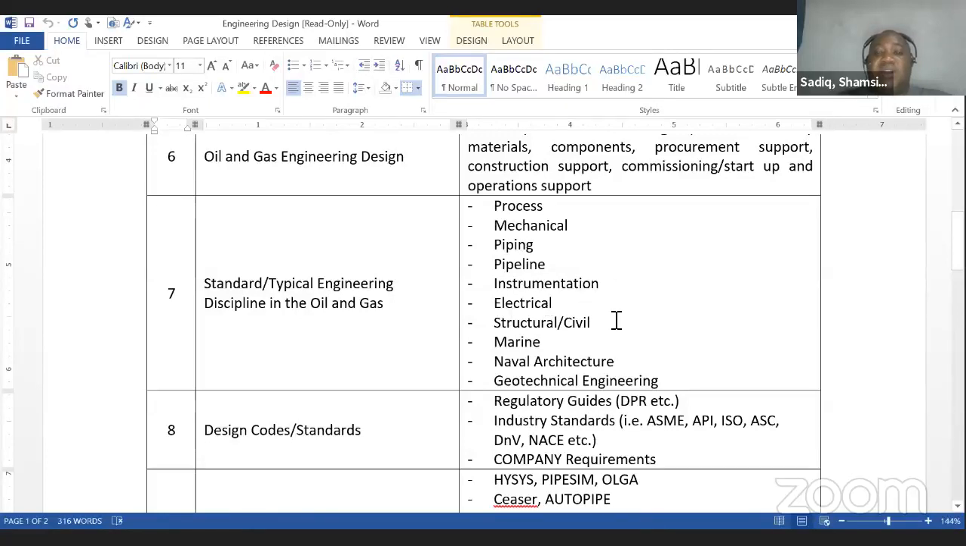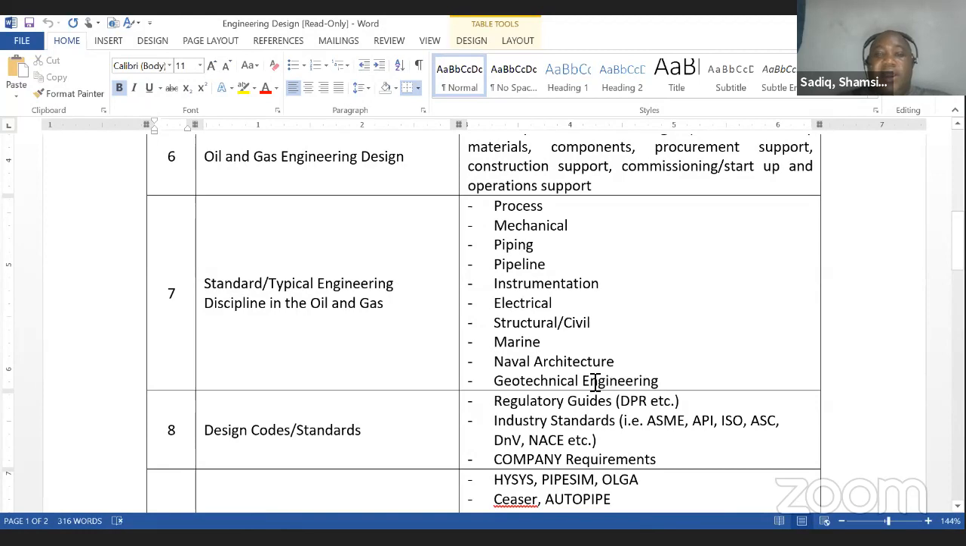Electrical is electrical, civil structure, civil. Marine engineering falls between mechanical and civil. People that have come across in the industry, a lot of them have mechanical background, and some of them have civil background. Same thing with civil architecture. Geotech is